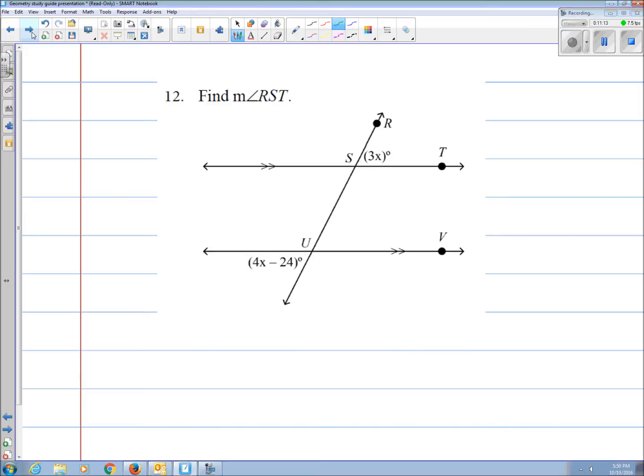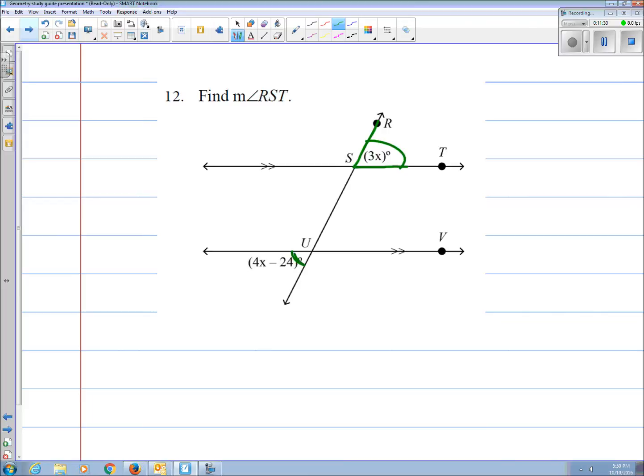Number 12, find the measure of angle RST. So they want us to find the measure of this angle right now. To find that measure, we need to find what x is. And I know that RST, which is this angle that we're looking for, and then they give us another measure